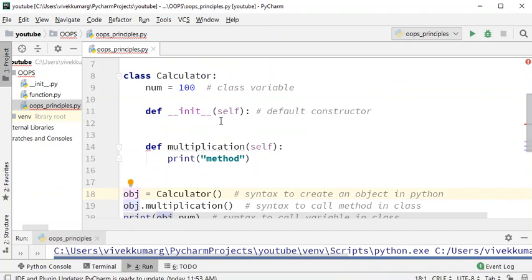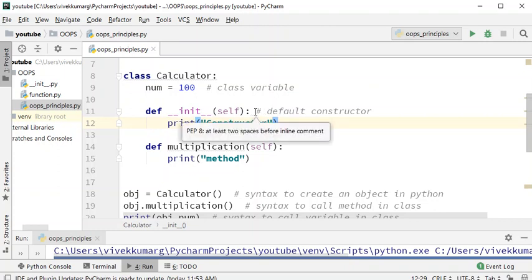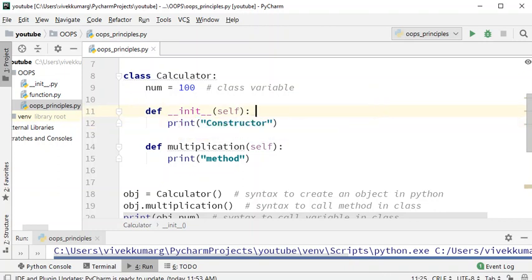Now let us see this with a demo. No coding here, only understand the concept first, and later as we progress, we will see more concepts. For example, I say constructor. Now I have defined it. This is no more a default constructor. Let me delete it. It is no more a default constructor because now you've seen that I have defined this constructor.